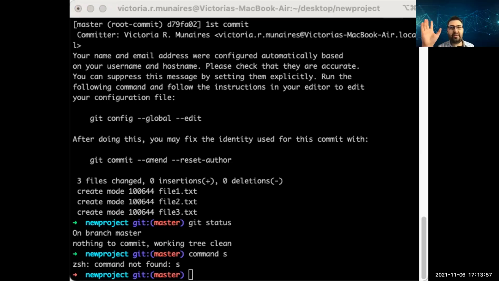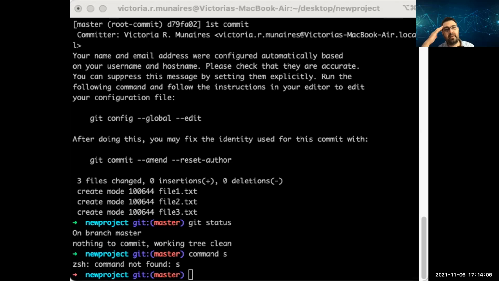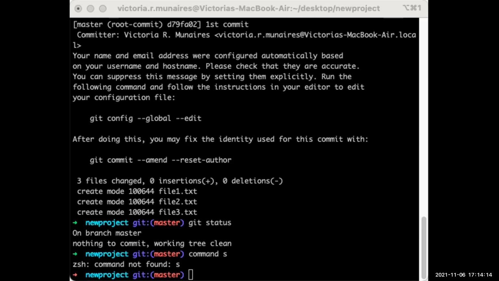Okay, now just double click and open that folder. Any one of them. Let's say file1, file2, file3 maybe, and make some changes. Just add some text in it and save the file.